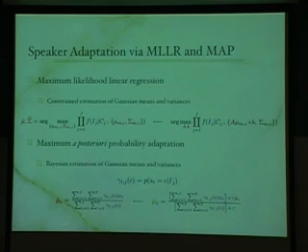What you do in MAP estimation is you say, okay, let's add tau times a known mean, and let's add a count of tau to the denominator. It's like saying that if I don't have enough samples to estimate the mean, I'll pretend I have seen tau samples of my old mean. So if I see lots of samples of the new data, it'll overwhelm my old estimate and give you a new one. On the other hand, if I've seen very little data from the system that I'm estimating for the task, I'll default to my old data. Again, these are in case you haven't seen them. If you're an expert in Bayesian inference, this is old hat.